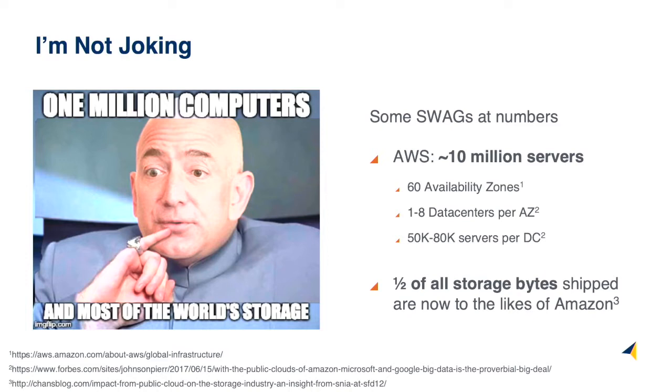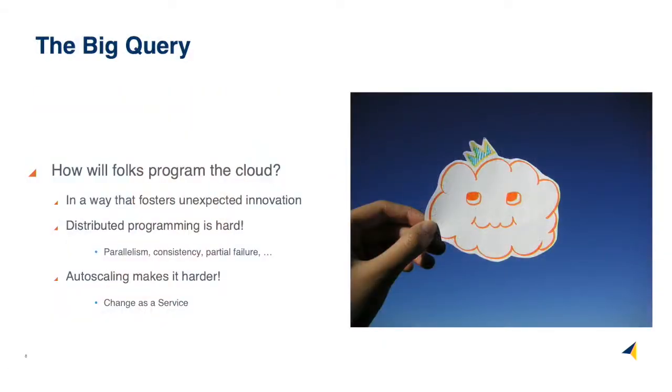AWS is something like 10 million servers if you do the arithmetic on what they've published. And you can also read in the storage industry that something like half of all the bytes being generated in the storage industry are being sold to what are called hyperscalers. So Amazon, Google, Facebook, and so on. Most of the world's storage and millions of computers are indeed available to you today. And there are examples on Google Cloud of folks doing mathematics on 500,000 computers. So it's happening. And really the big question, if you will, is how will folks program this new platform,